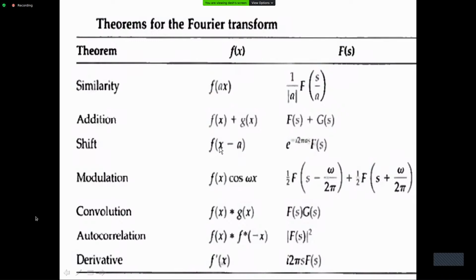So if the function f of x is shifted by an amount a along the x-axis, you will find that the Fourier transform of that is the original Fourier transform times a phase gradient. And it's a linear phase gradient, proportional to the amount of shift. And this comes up in a variety of ways. If you shift a function in time, you will find its spectrum will now have an additional phase gradient compared to the description it had earlier.